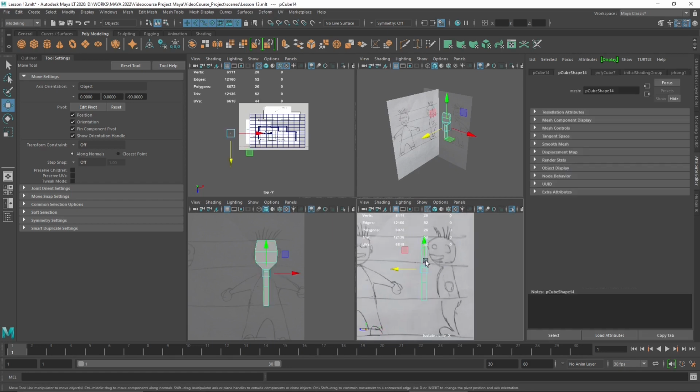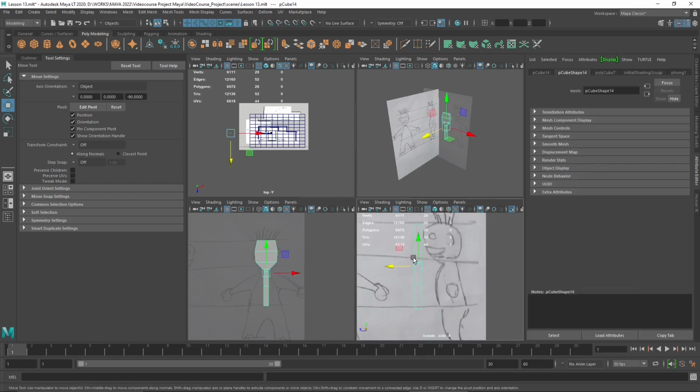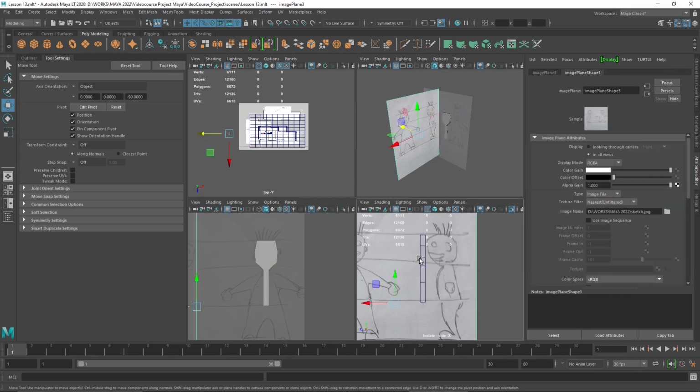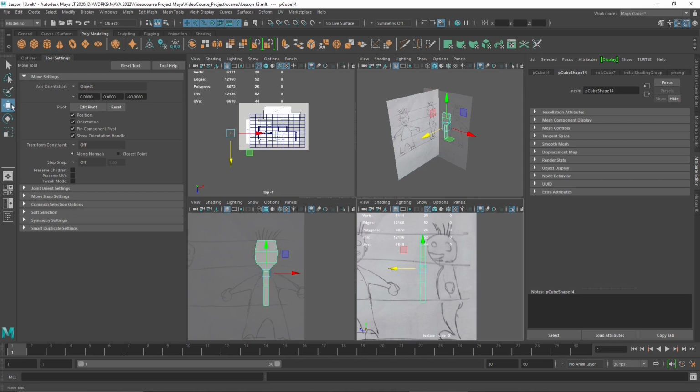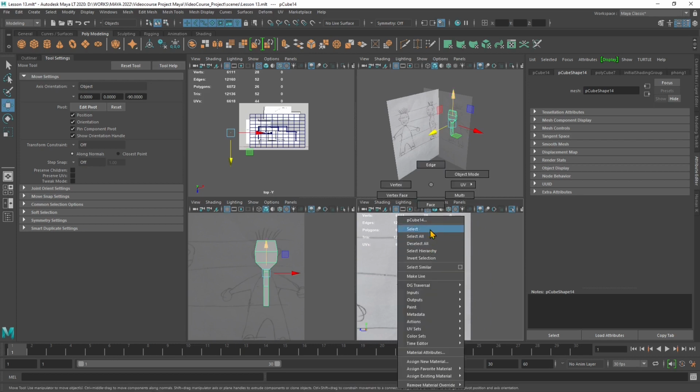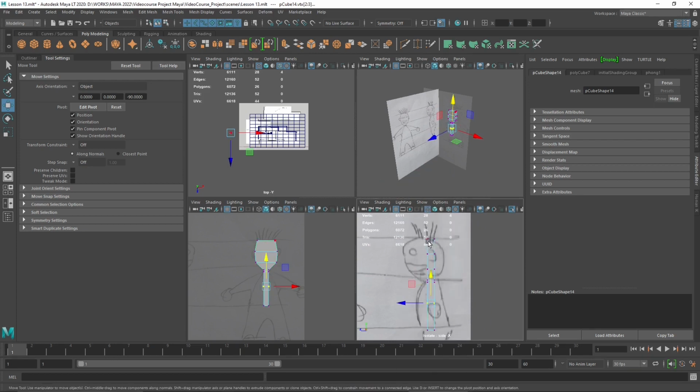So I can isolate and work with those much better than if I have everything in my way. Okay, so you can see that I need to move this a little bit on the back there just to make it, there we go, inside the drawing there, and I will do the same thing that I did